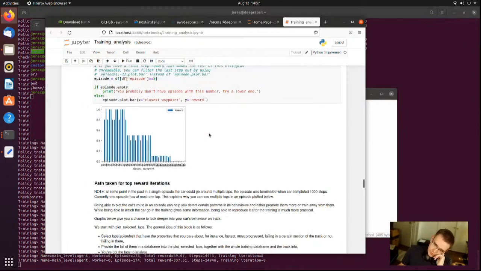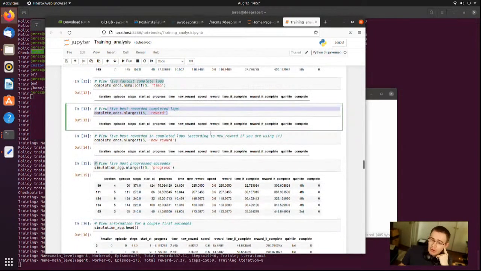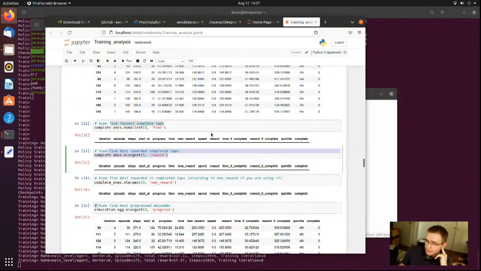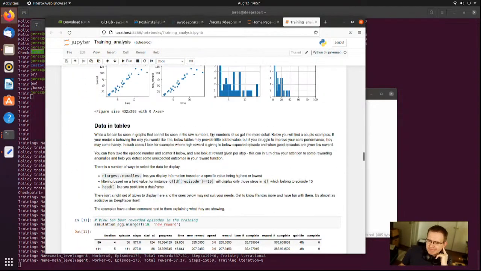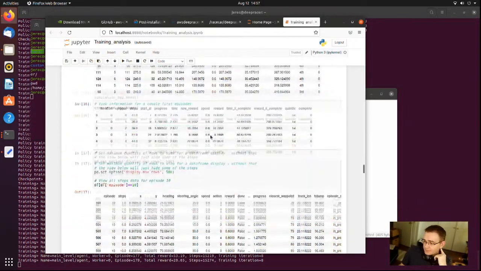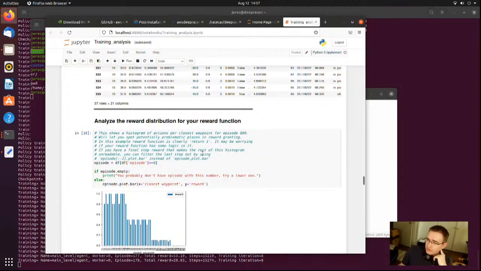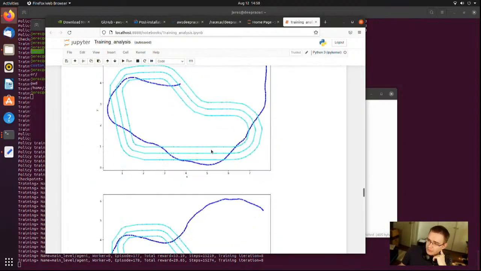For example, if you give it a reward for speed, eventually the car will figure out that, hey, if I go slow enough, I'll actually collect more reward if you've written it poorly. And so then the car will actually start driving slow. There's a lot in here. I'm not going to go through it all, but